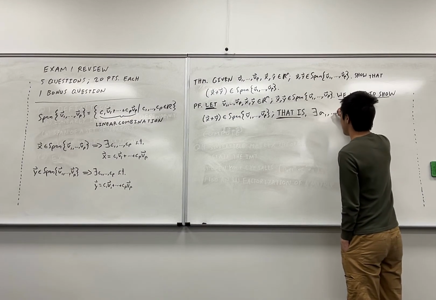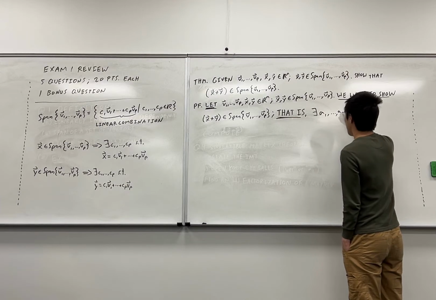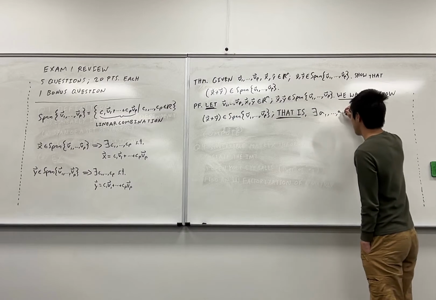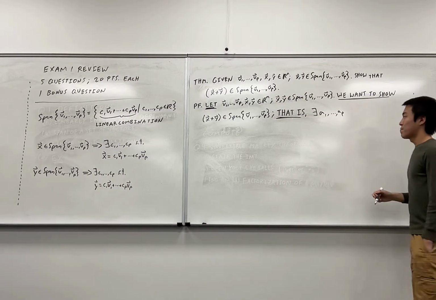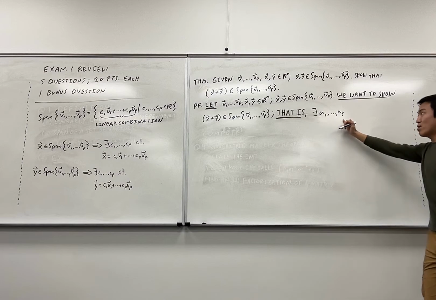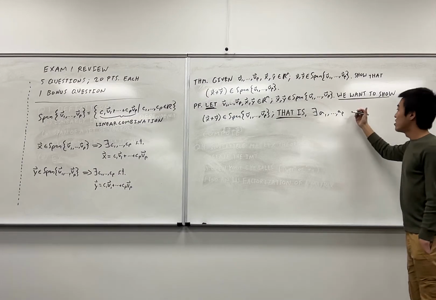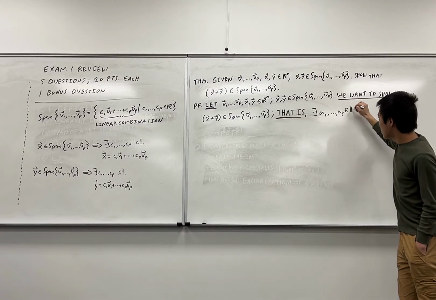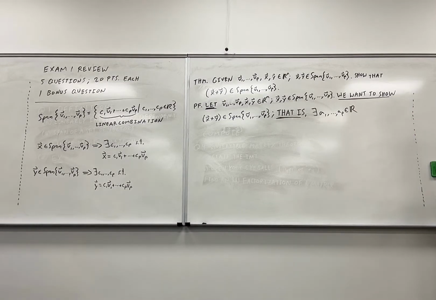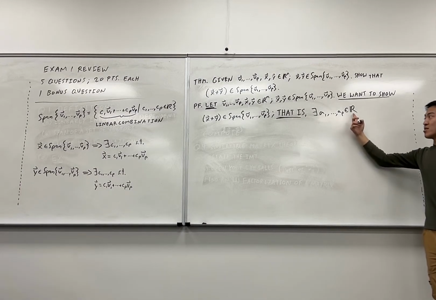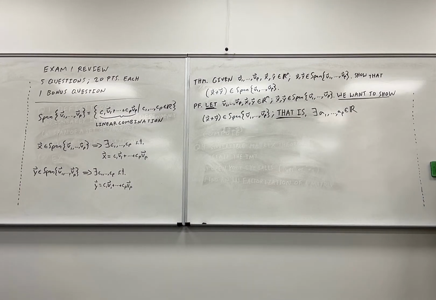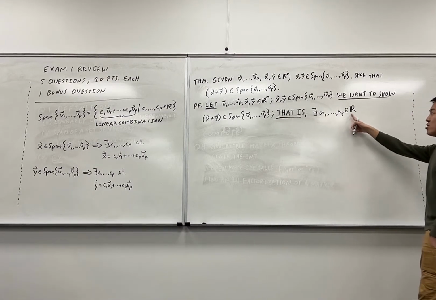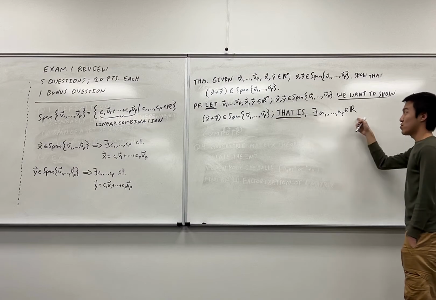So we need some A1 through AP. How many weights do we need? Why do we need P weights? What type of objects are these A1 through AP? I need to designate that they are in R. If you omit those two symbols, okay. So there exists A1 through AP in R, that is, there are weights